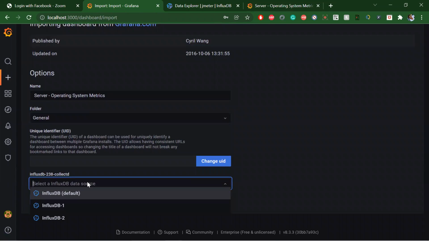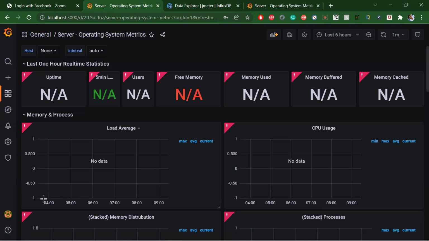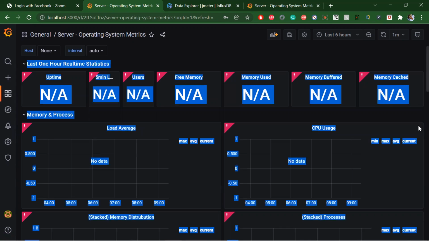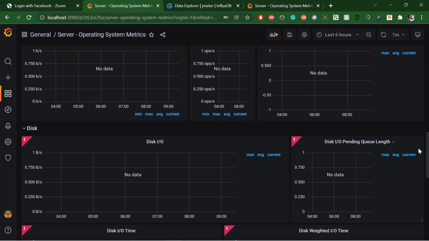Okay. Everyone, import. Now we need to change all the query details here.